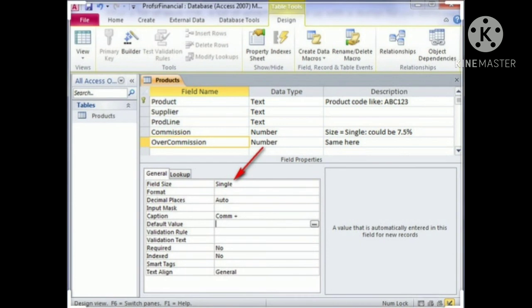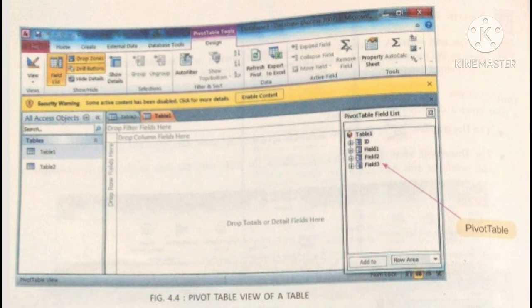Table views. A table created can have multiple views. First, the design view. This view is used to give the field names, data types and the descriptions of fields. Second, the datasheet view. This view shows the table with the data inside it. It is convenient to add, delete and edit data using this view. Third, the pivot table view. This view provides a useful way to summarize data about groups of records. Fourth, the pivot chart view. This view creates a chart from the associated pivot table view.